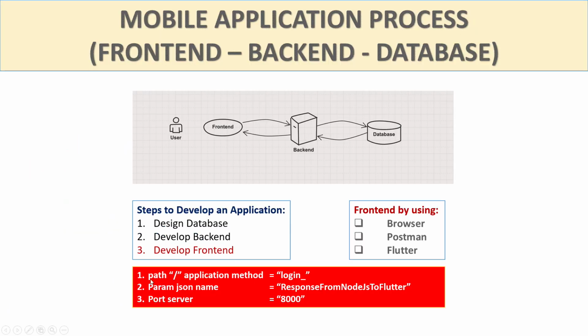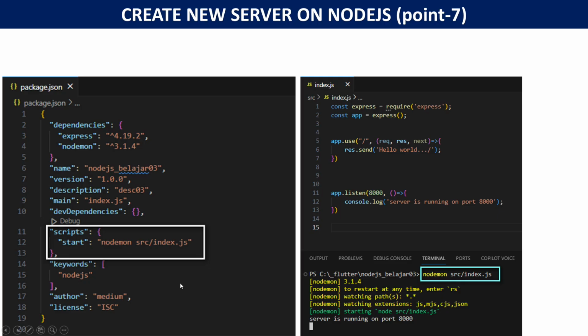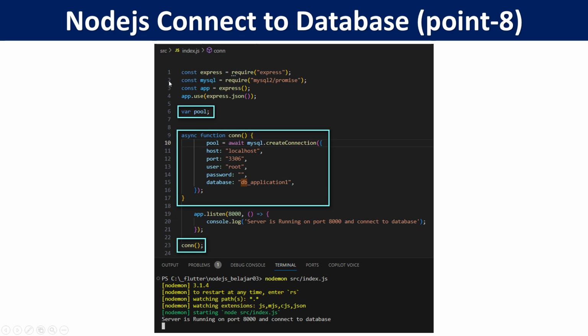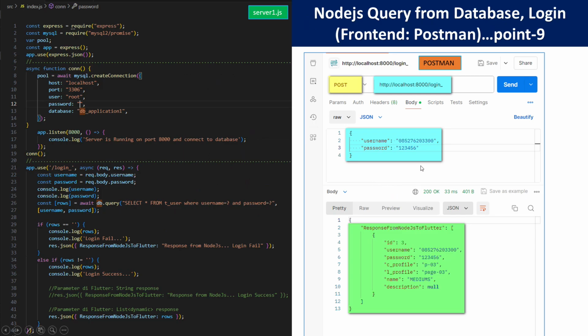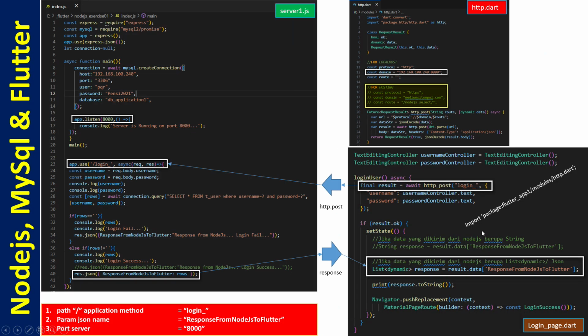Okay, I have mentioned to you, this is the result if we use the front end and communicate or integrate to backend. This is a Flutter, this is a Node.js. We must concern to these 3 points. Okay, next. Okay, this one we have mentioned, Connect.js. This one also. Okay, this is the last one.